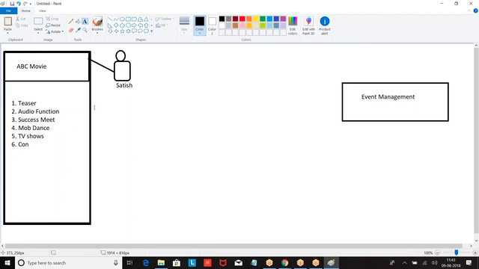Now Satish is the point of contact. But I alone cannot take care of this. Now they gave me an opportunity called audio function. When they gave me an opportunity called audio function, there will be decoration, hosting the lunch or post-party, arrangements, hospitality, XYZ. I alone cannot organize everything. I am not a Rajinikanth, right? I can organize only one thing at a time. So what will I do? I formed a team. Who is the owner of the record? Satish is the owner of the record. But he formed a team.